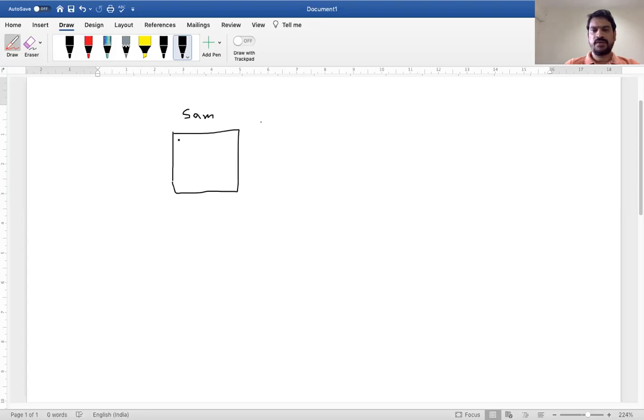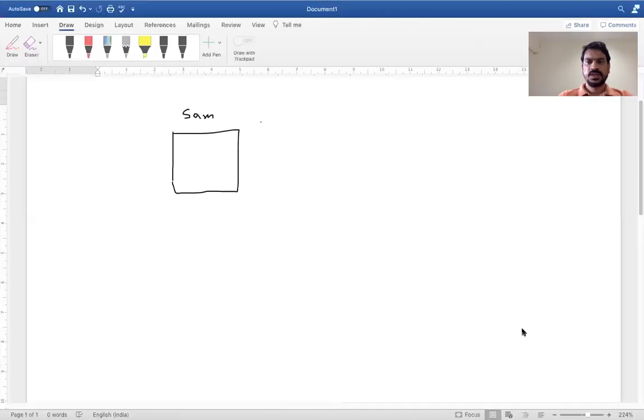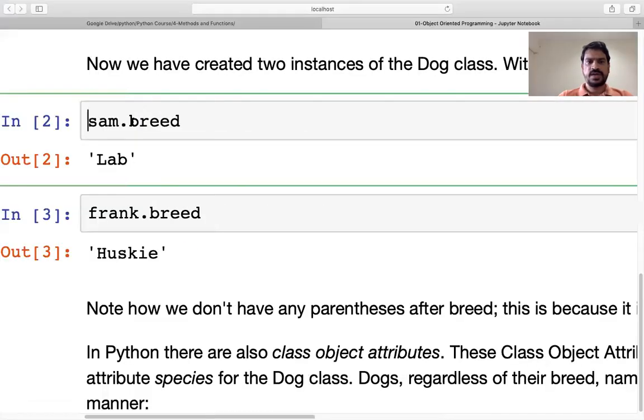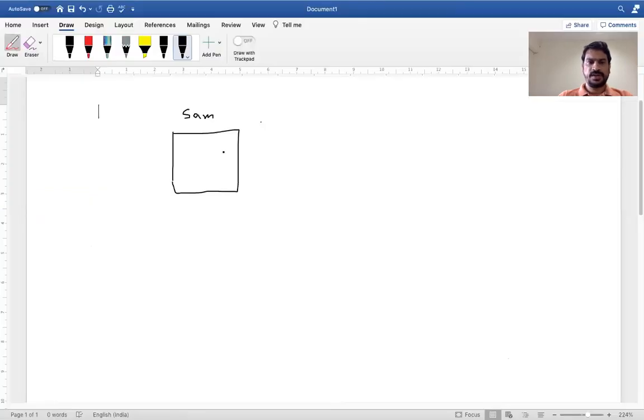So what is the attribute in this? The attribute is breed. We'll use the breed here. So that is the attribute of Sam.